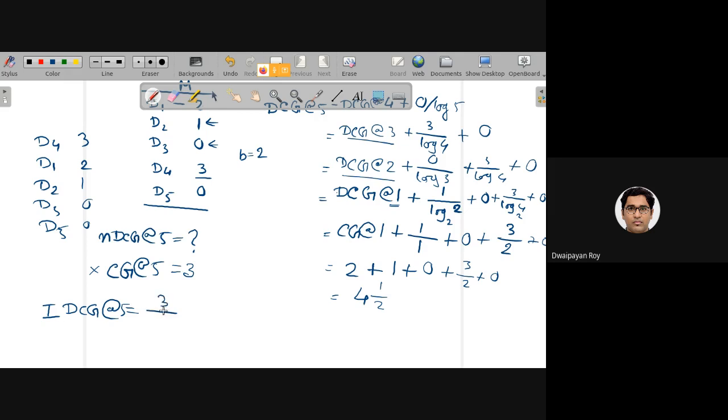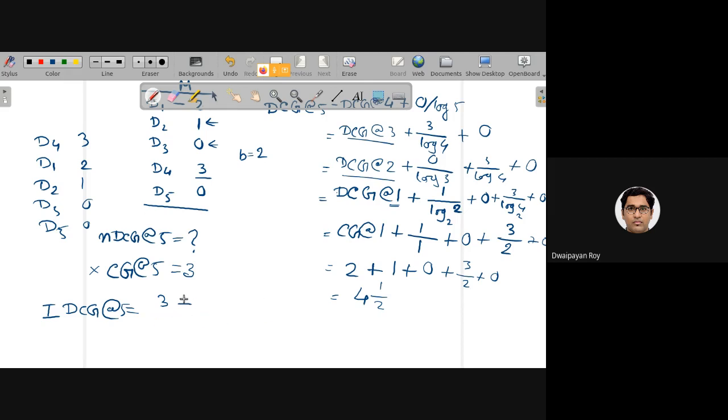So the ideal DCG at 5, if we do the computation, will be 3 by log 2 plus 2 by log 3 plus 1 by log 4. Oh, no, sorry, I missed this part.